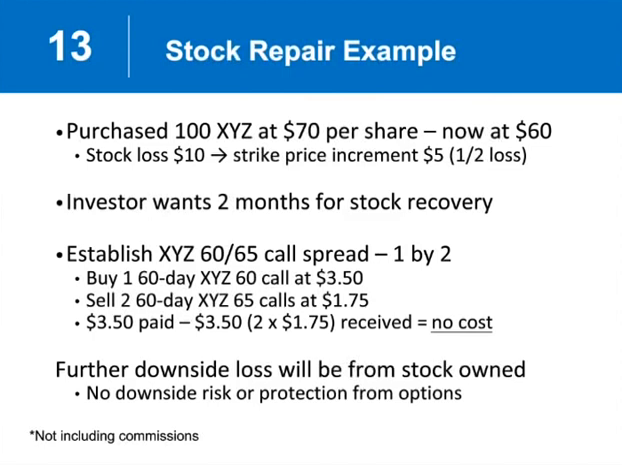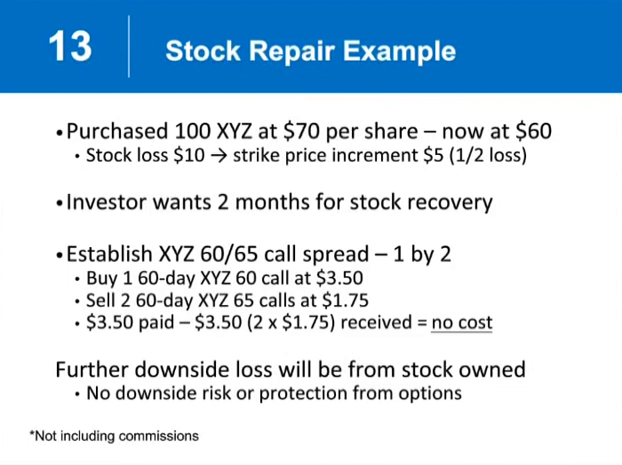So let's get into the specific example. We bought 100 XYZ at $70 a share. The stock basically has got crushed, and is now $60 a share. So we got a $10 loss on the stock. And how do we go about